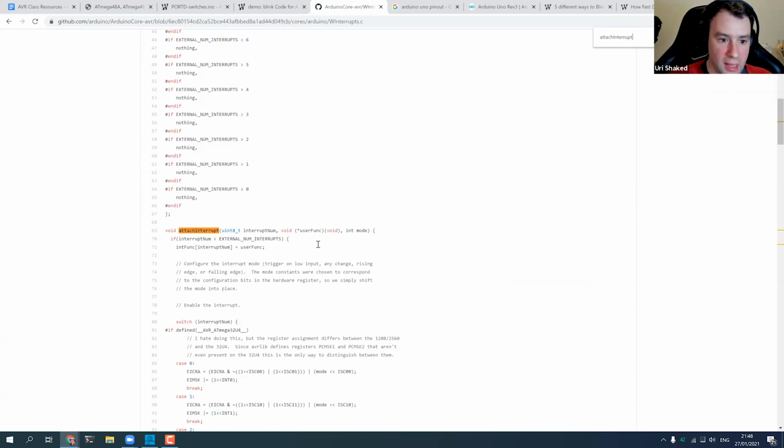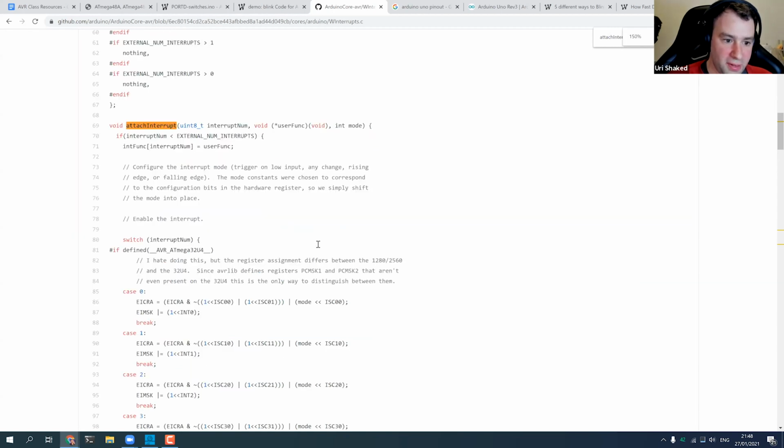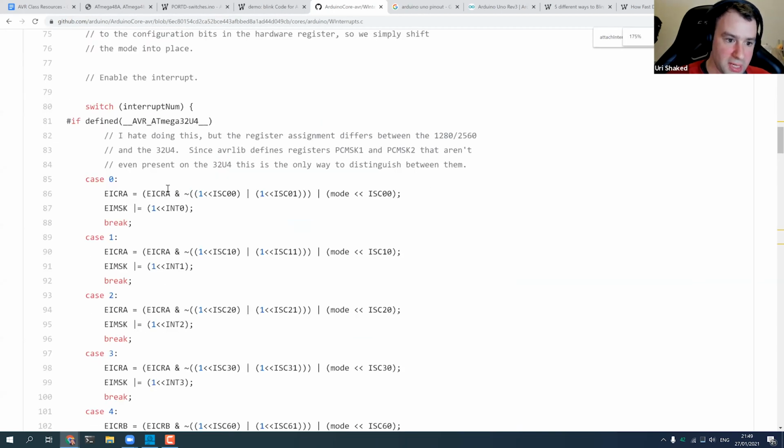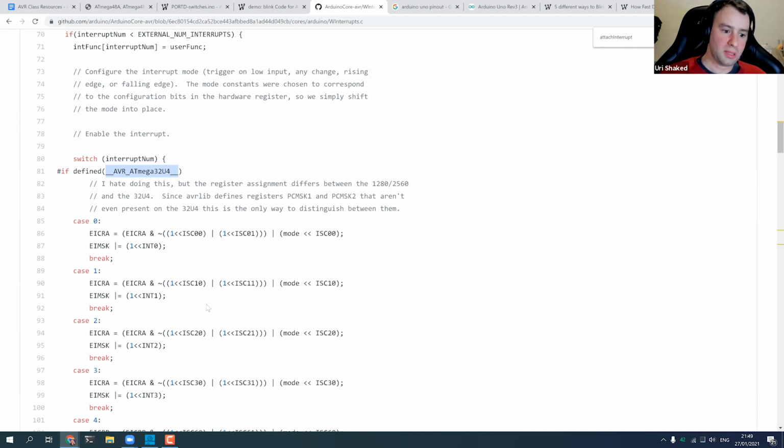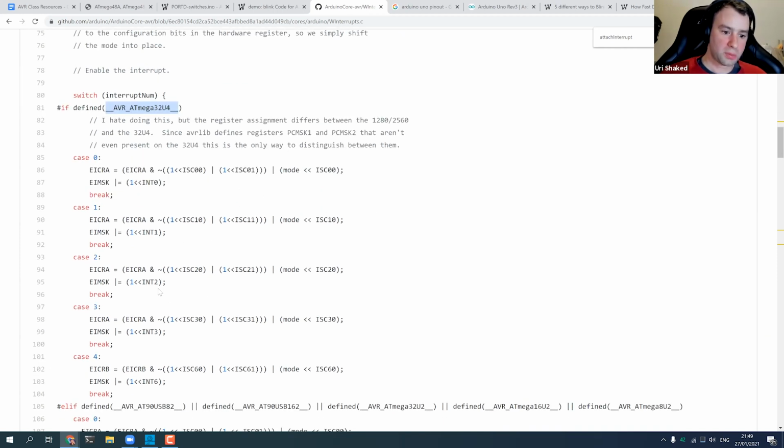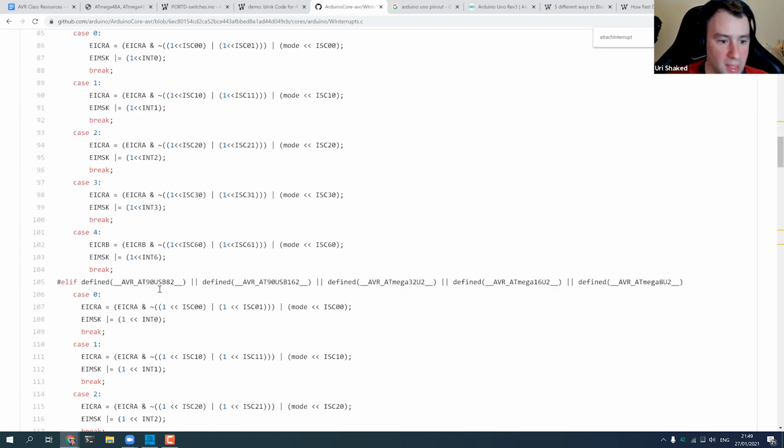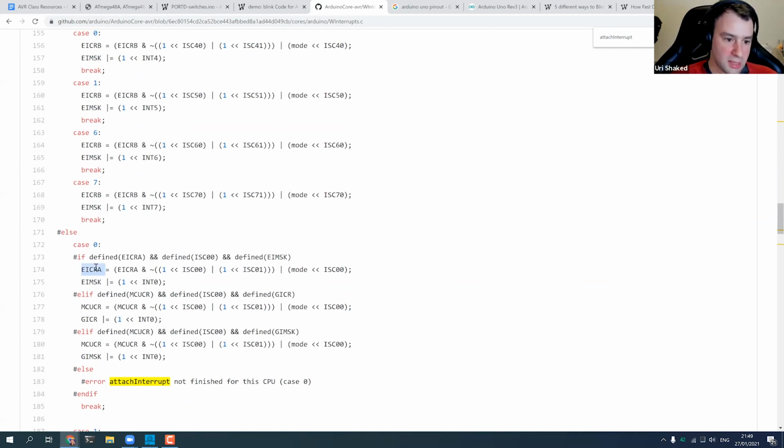And there is basically a very big switch case that depends on the pin number and which processor we are running on. But you can see that it sets basically those two registers like we did, EICRA and EIMSK.